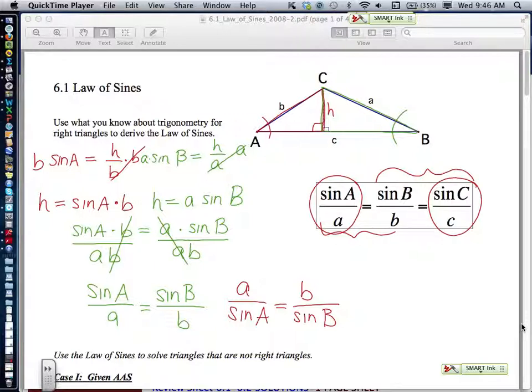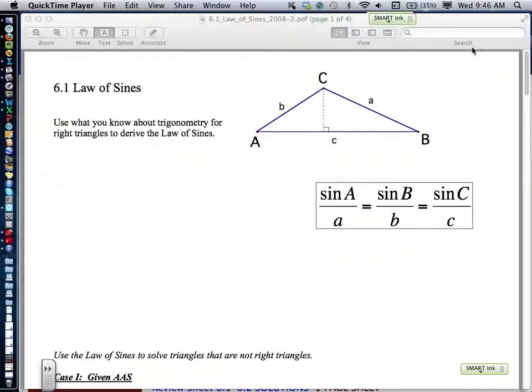Okay, so here we dropped a perpendicular from this angle. Now we would have to drop a different perpendicular, and I'm not sure, let's see, trying to look at how you would draw that. What we'd have to do is probably extend this side so that we could drop the perpendicular right here, something like that. And then we would have two triangles again. All right, so let's take a look at